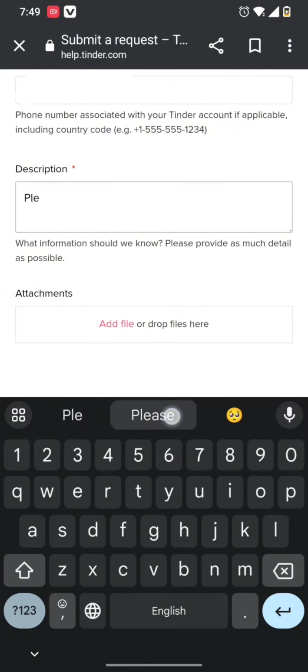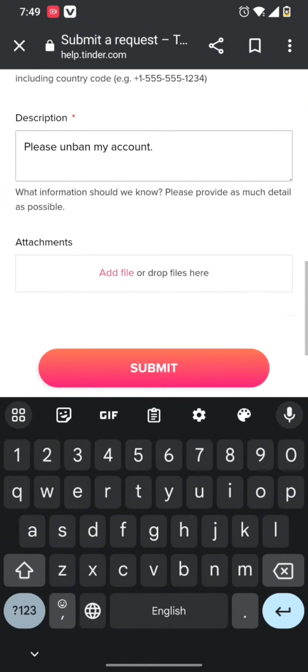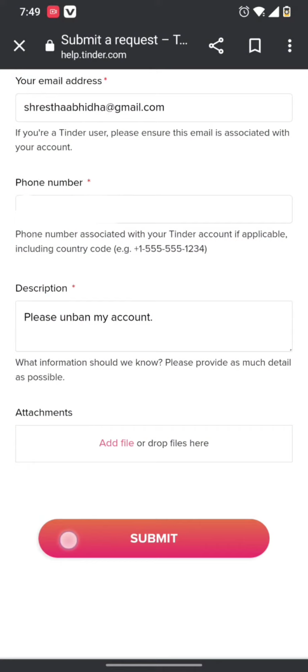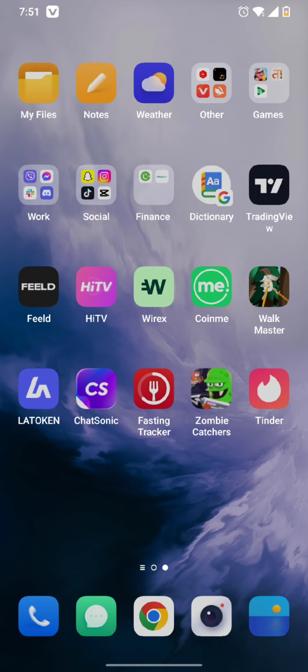about how Tinder support can help you recover your Tinder account from being banned and get it unbanned. Now simply press on the submit button, and in this way you can email Tinder to get